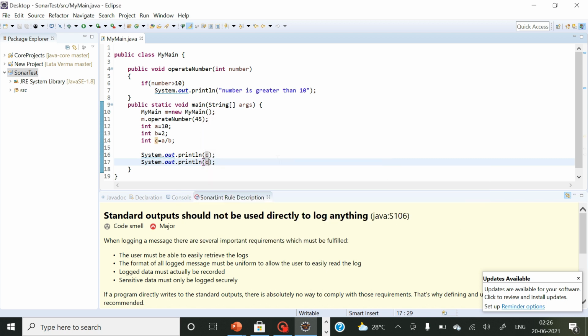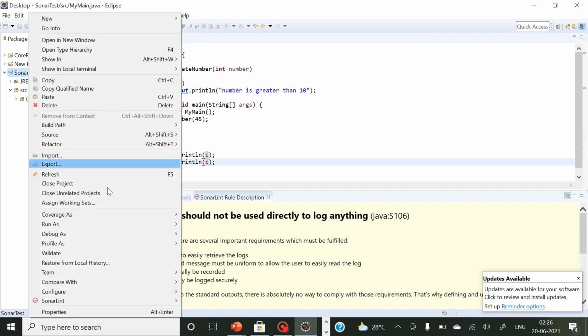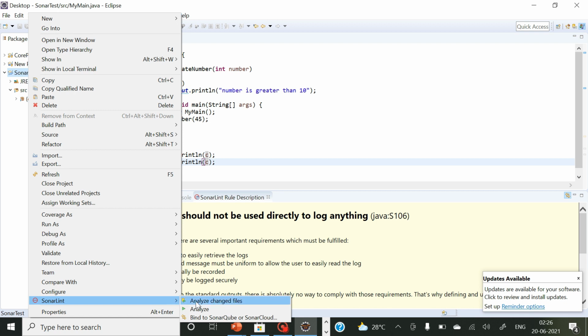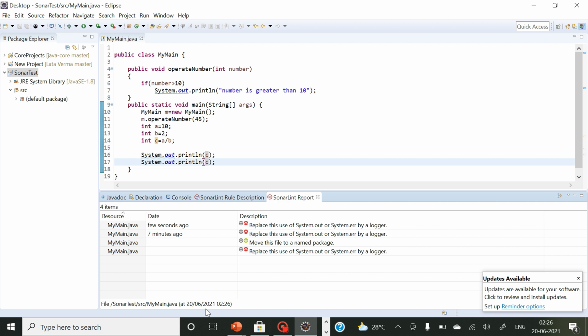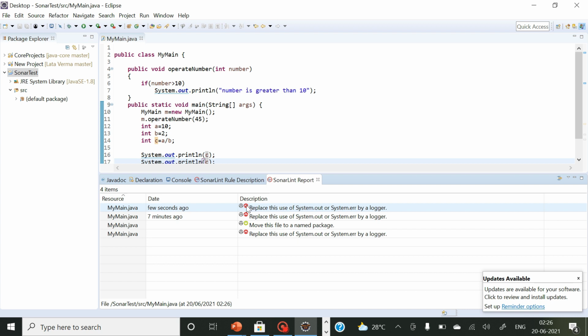But if I want to analyze my project completely, I might have multiple files. Right now I have only one file, but I might have multiple files. So if I want to analyze my complete project, I can right click on it and go for SonarLint and analyze. Analyze will analyze my complete project, and see here what I'm getting. I'm getting these issues, and another tab has opened which is the SonarLint report, and it is